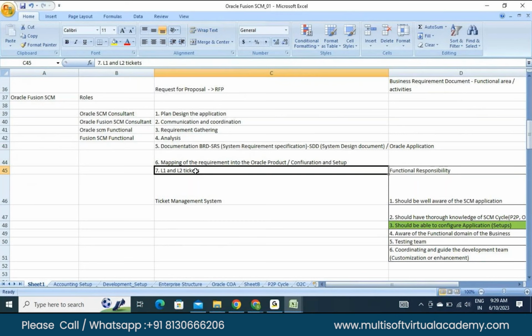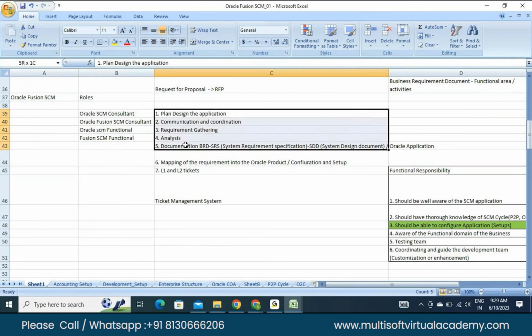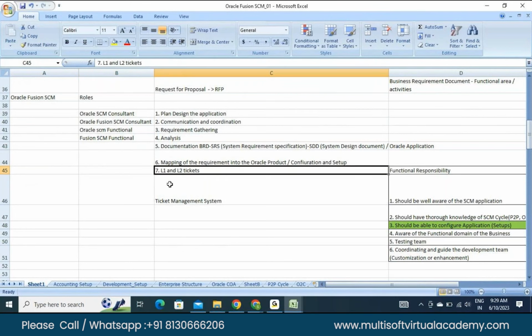And let's say this implementation, okay, so this part we can divide this operation like the first 5 steps, we can say are the roles and activities more in respect of the architect of the application. Then it is the implementation part, the 6th step. And finally, when the project is in the maintenance or the support phase, we do have these L1 and L2